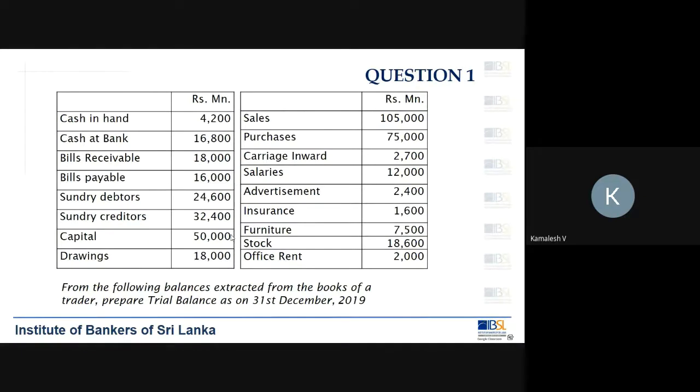Like the example that I gave you. From the harbor, you are bringing in the goods to your shop. So there is a transport involved, because that transport, you can't call it traveling expenses. Traveling expenses is where people travel, right? Anybody working in the business, when they want to visit one place or go from one place to the other, that is called traveling expenses. But when the goods get transported, that is called carriage inward. That is, you bring in the goods from somewhere outside into the business.